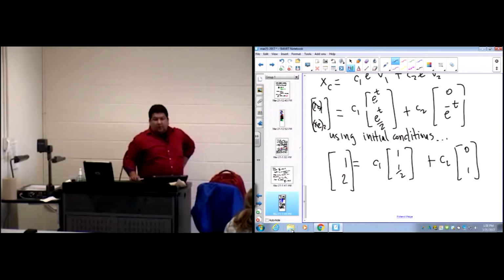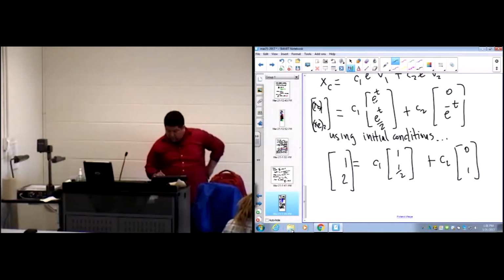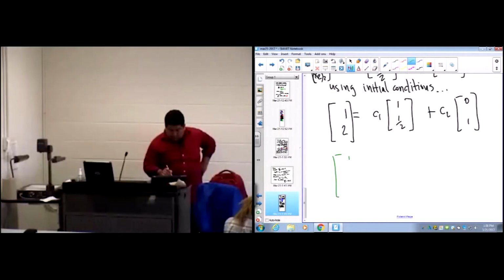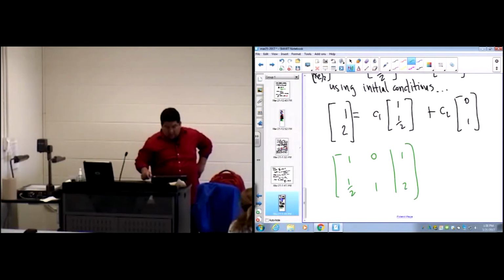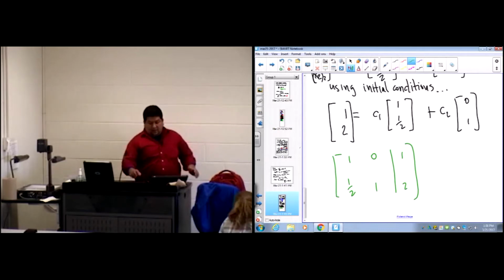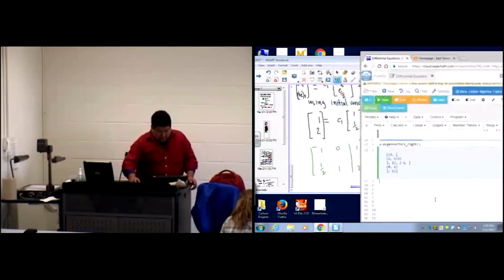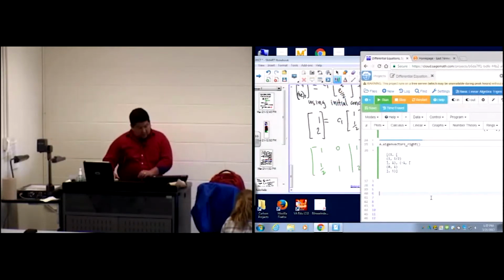So we could form a matrix with columns 1, 1/2, 0, 1, and then I'm going to put these values here at the end. We can form this matrix and row reduce to find the values of c1 and c2. Form a matrix and row reduce. That's what I'm going to do here. Previously I had done it by hand. Here, in the spirit of illustrating this a little more,